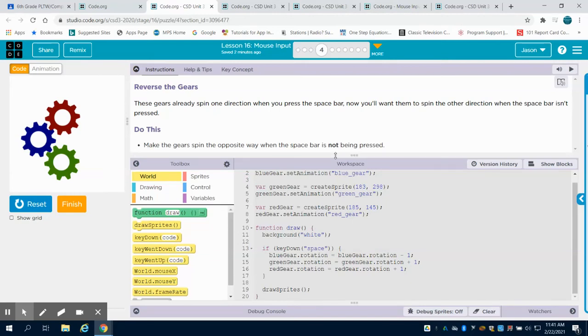Now that we have an understanding of how to control our animations and sprites based off of input using the idea of conditional statements, here we're going to take a look at our gears. If you look at the coding here, if the spacebar is being pressed, they spin. If I let go of it, I no longer meet this condition, so they don't spin. But what I want to do is make them spin when I press it and have them spin the opposite